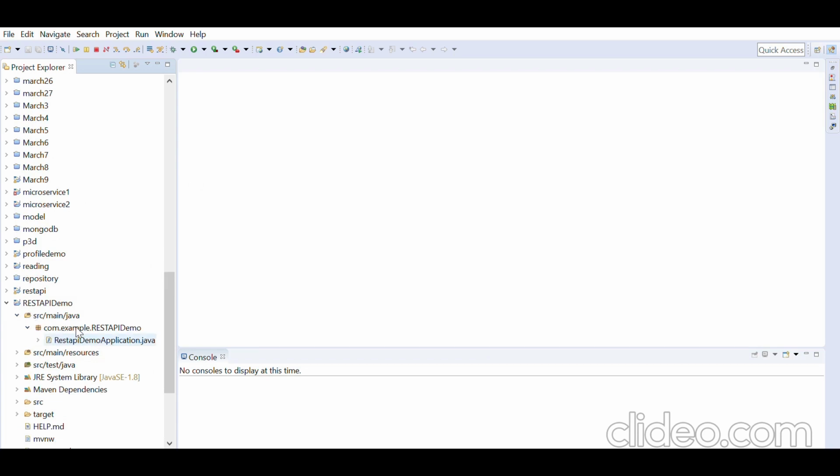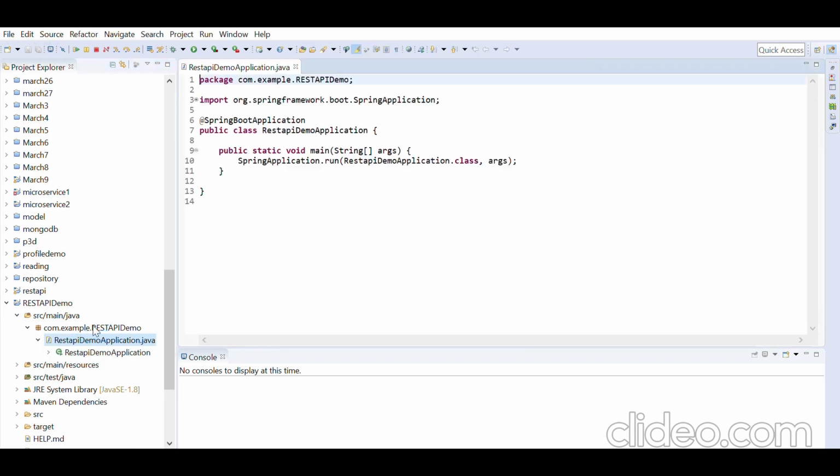Okay, so here we are. This is how a Spring Boot application looks. You have this @SpringBootApplication annotation to indicate that you're running it as a Spring Boot application. Then you have this,